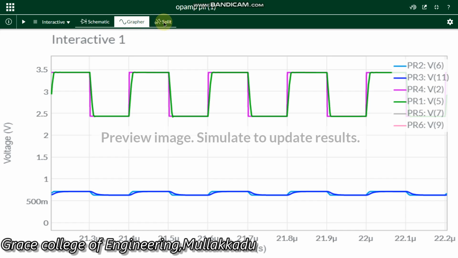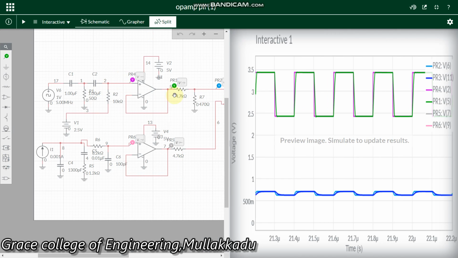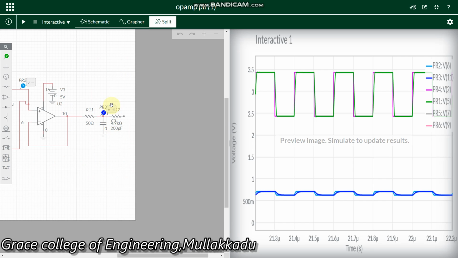In this manner, you can see in this waveform, this is the input voltage and this is the output voltage of the first stage. Here the phase changes a little based upon the frequency value, and at a particular frequency value F naught, the VCO is locked. The PLL enters into the lock state and produces the final output. See, the final output is taken at this stage, and this is the final output of the PLL. Thank you.